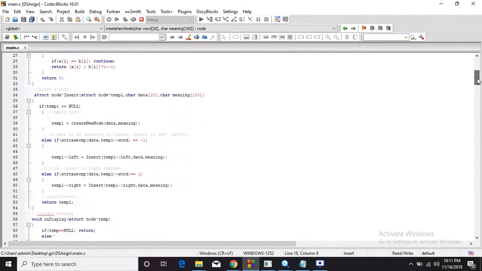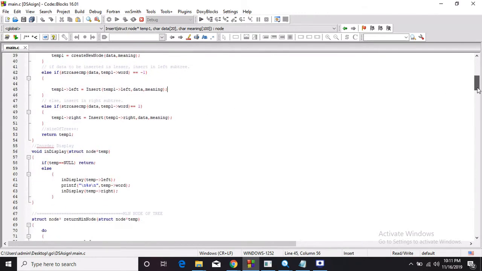Insert. This insert function is used to insert a new node in the dictionary. It is just like the ordinary binary search tree. The only difference, which I mentioned earlier, is that we use the string case comparison function rather than the integer comparison which we use in the traditional binary search tree. Display.